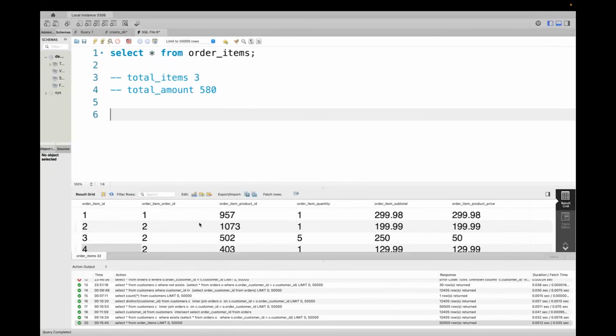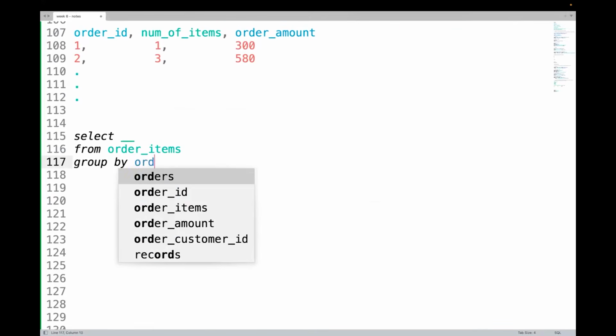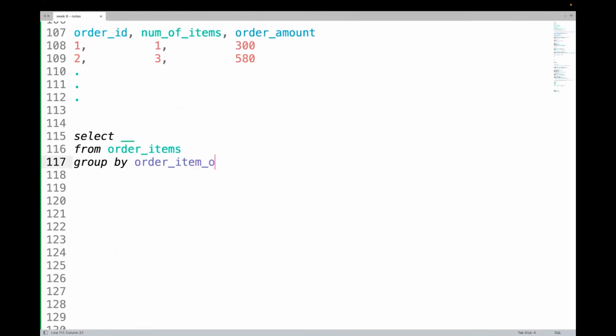I need to group by based on order item order id, this, right? Order item order id, and the moment I put it here, I put it here also,